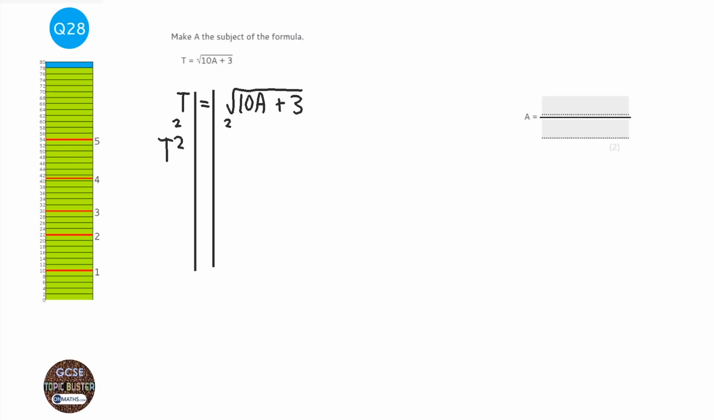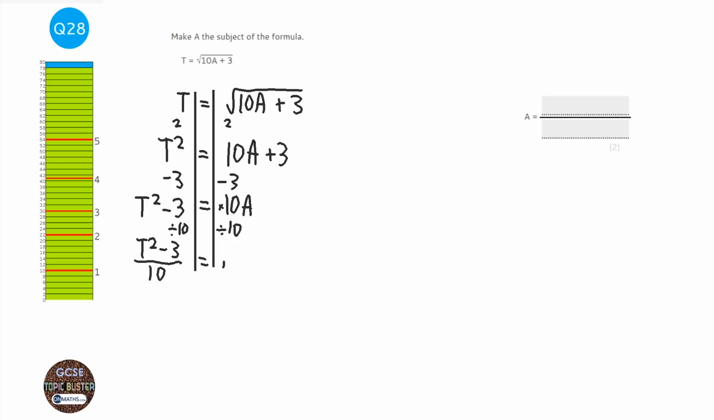So we've got t squared equals, and when I square the square root, it just gets rid of the square root. Okay, next I need to get rid of that 3, so I'm going to take away 3 from both sides. So we've got t squared minus 3 equals 10a. Then I'm going to get rid of that 10. Now that's a times 10 there, so I need to divide both sides by 10. Now I could divide the t squared by 10 and the 3 by 10, or I can just write it as a fraction, which is a lot easier. So just put the whole thing over 10. So therefore a equals t squared